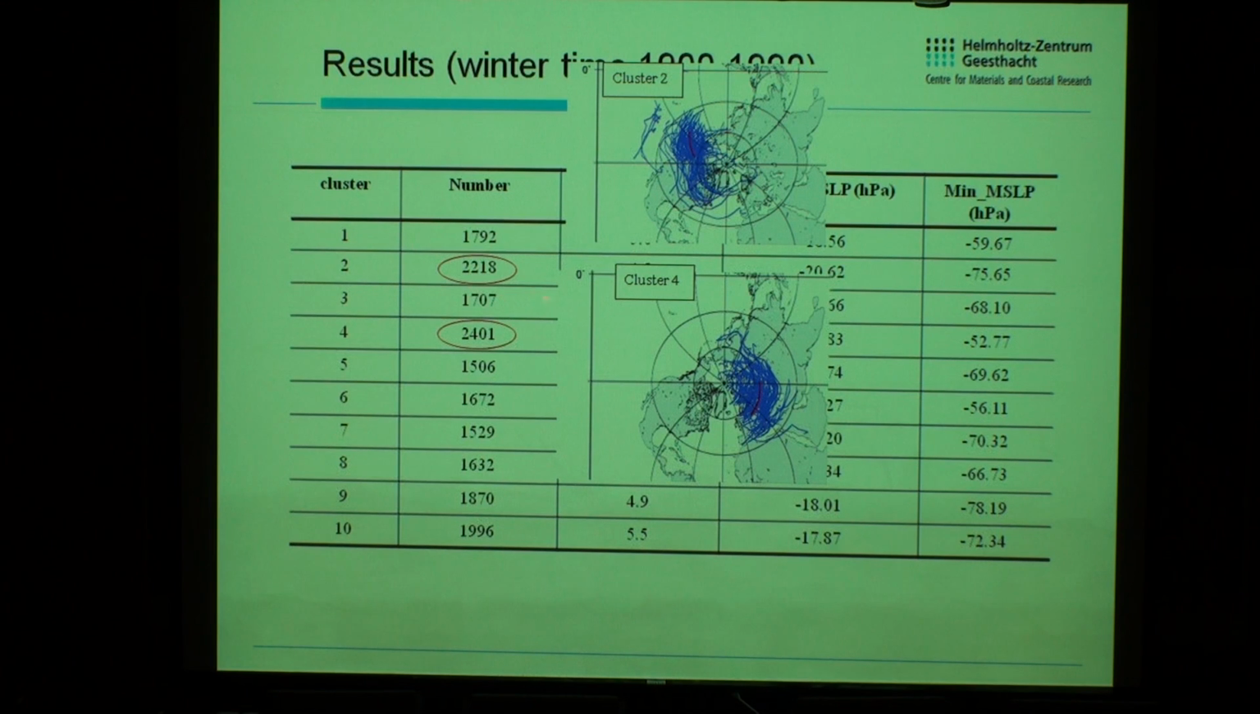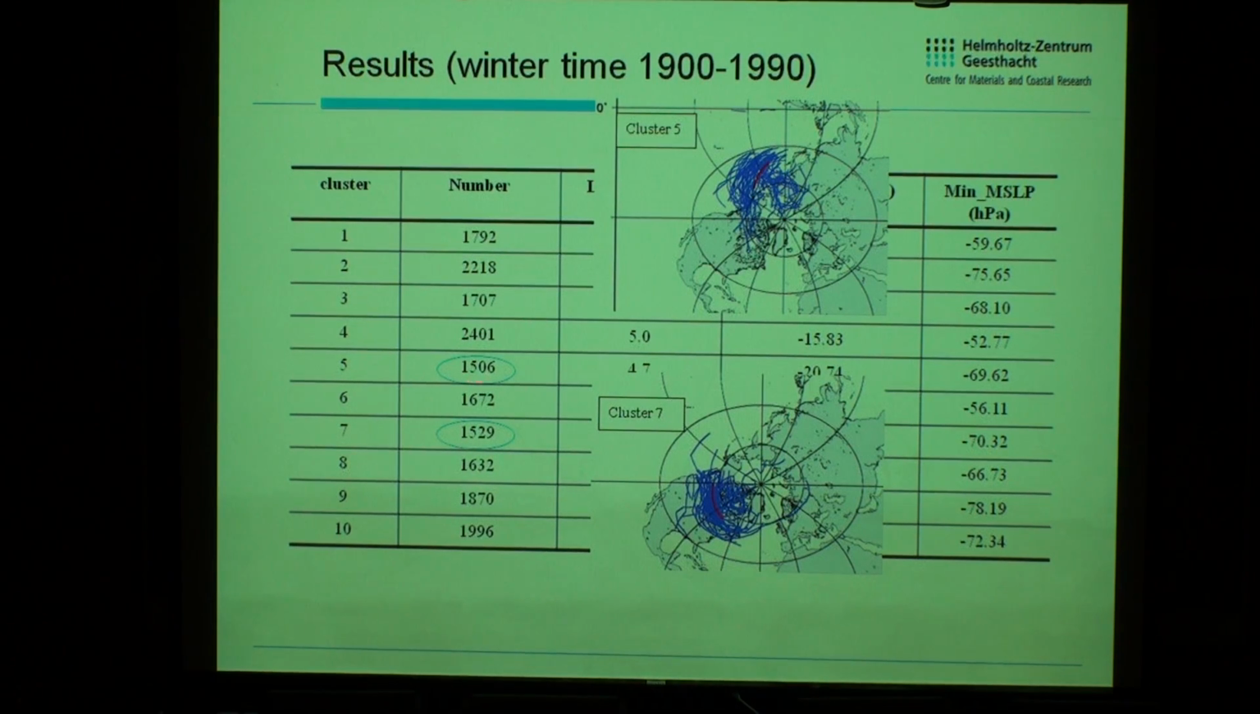And the largest clusters are cluster 2 and cluster 4. You can see this one is well developed from the Baltic Sea and goes inland, and this one is from the Pacific. These two clusters are the largest ones. And the fewest clusters are cluster 5 and cluster 7. That's what I showed. Cluster 5 is from, and will go to the